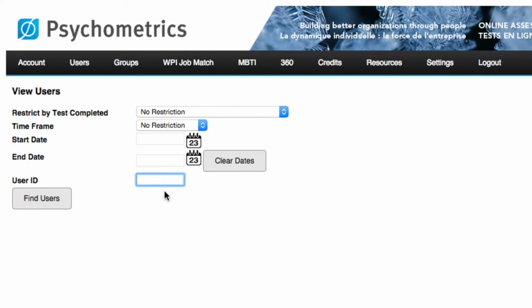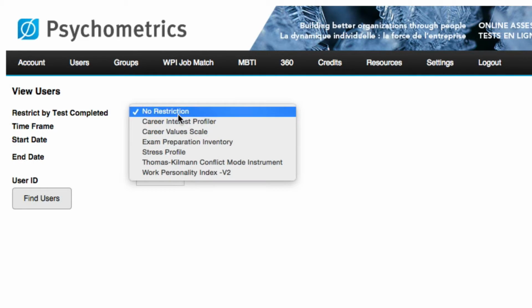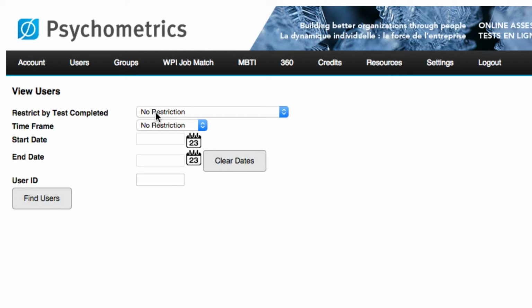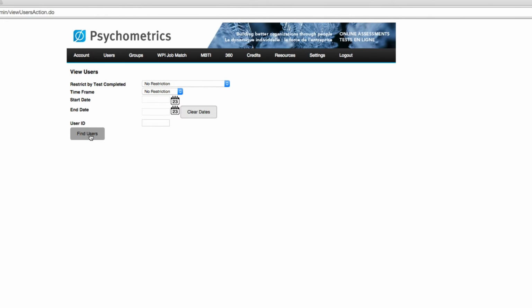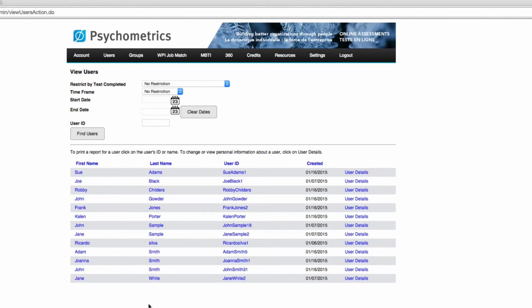To just view all the users you have, set Restricted by Test Completed to No Restriction and Time Frame to No Restriction, and click Find Users. To view and generate a report for a user, click on the user's ID or name. To change or view personal information about a user, click on User Details.